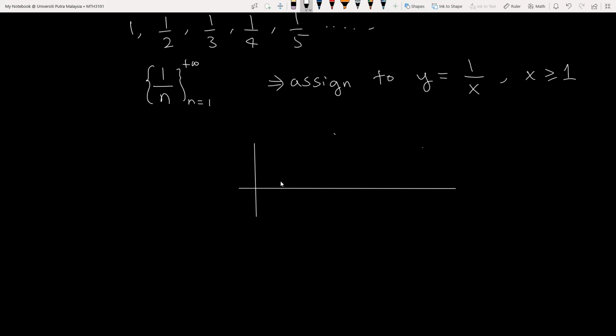This is 1, this is 2, 3, 4, 5. So untuk yang first term saya akan dapat yang ni. Second term saya akan dapat half of that. And then the third term saya akan dapat 1/3, 1/4, 1/5, and so on. So saya akan dapat a curve